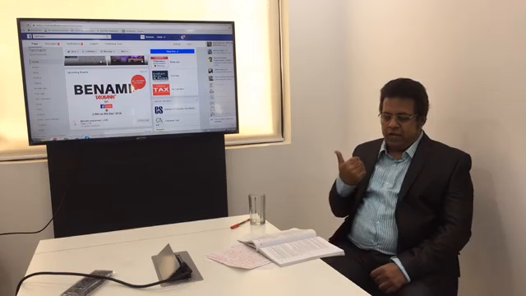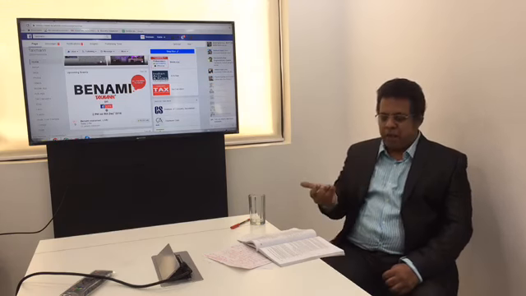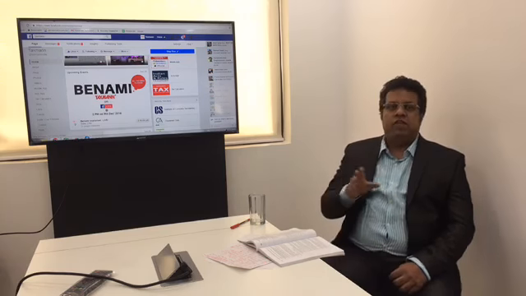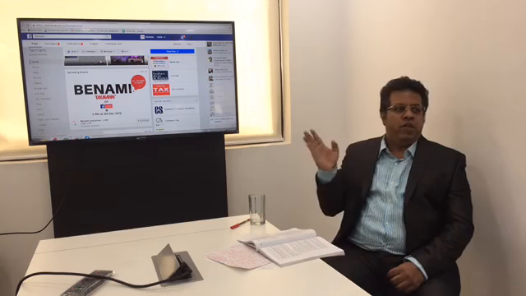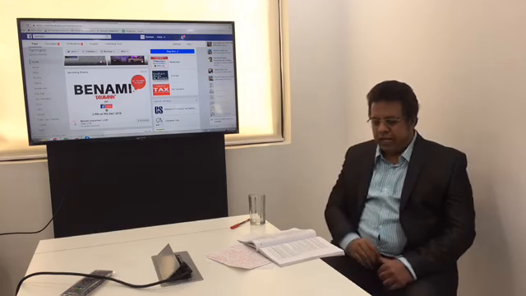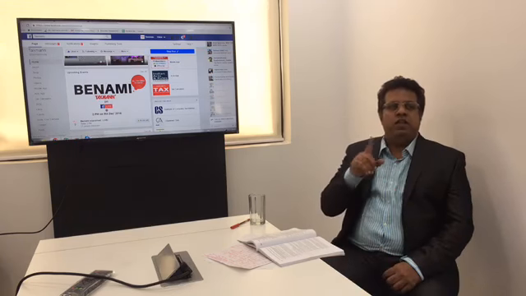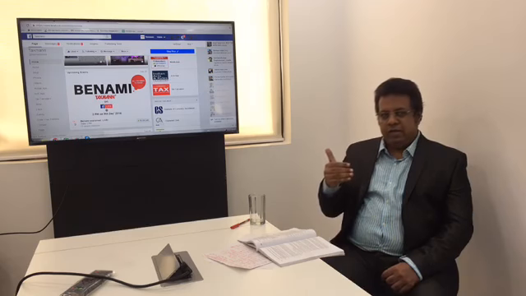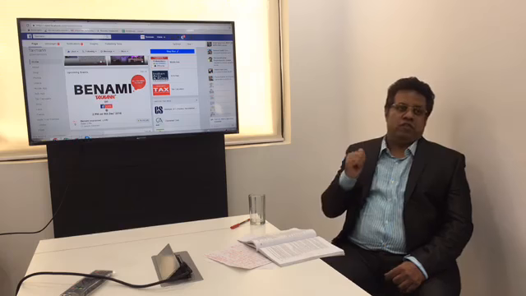Again, the second category is where there is a fiduciary capacity, like we find in the name of a director or partner, in whose name property is registered, and even cases of the depository, the demat holding, where the depository holds it in its name but you are the beneficial owner; that has been exempted. The third category is where an individual registers the property in the name of his spouse or child, and the consideration is paid by the individual from his known sources.